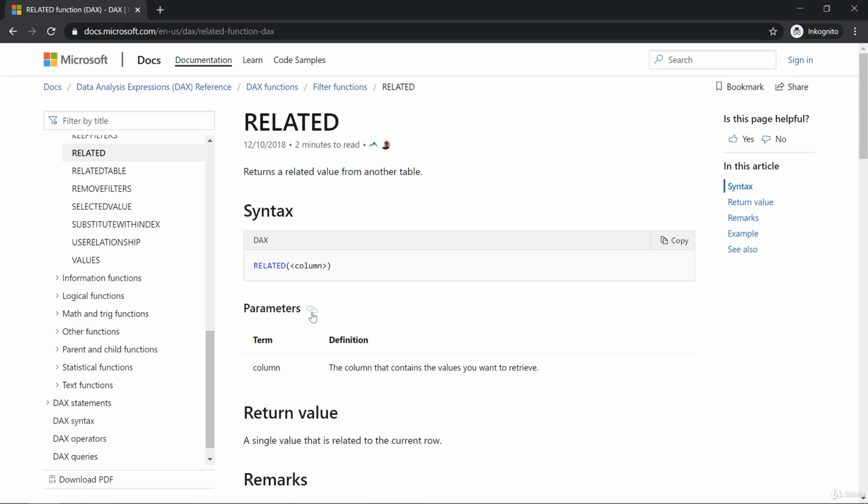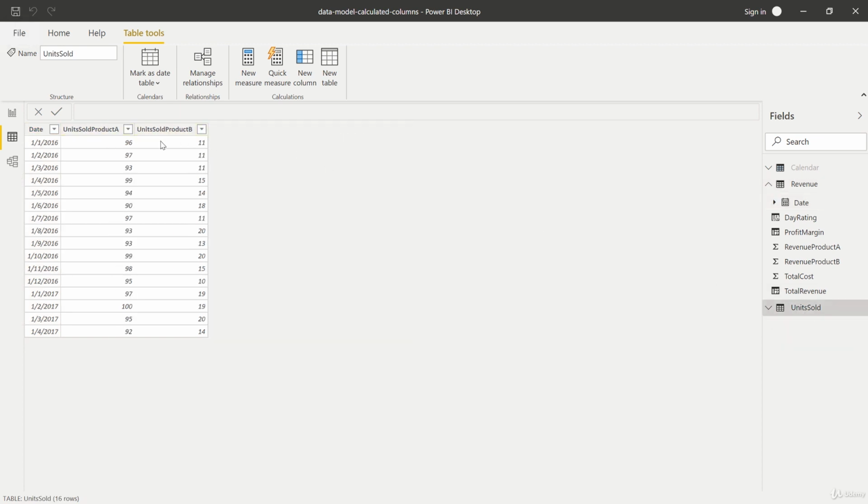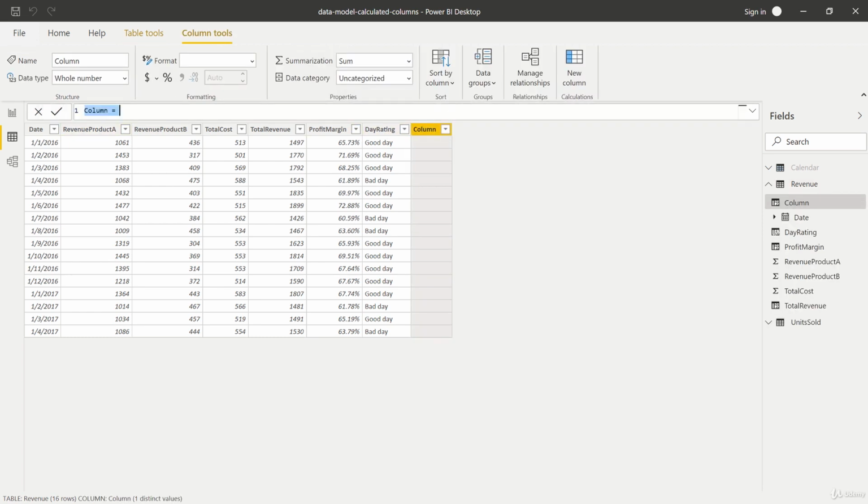And for our project, what this would mean is that we could say that if we want to have also our sold units, because we have the total cost, we have the total revenue, the margin, but not how many units we sold, then we could of course go into our unit sold table and find the values right here. Or we can just stay in our revenue table and add the corresponding column right there. But for this, we have to create this relationship to the other table, and this can be done with the related function. Let's give this a try. So again, new column, now called total units sold. Here our DAX function. Now we can enter related here. And now we can say that we want to refer to the column in the other table.